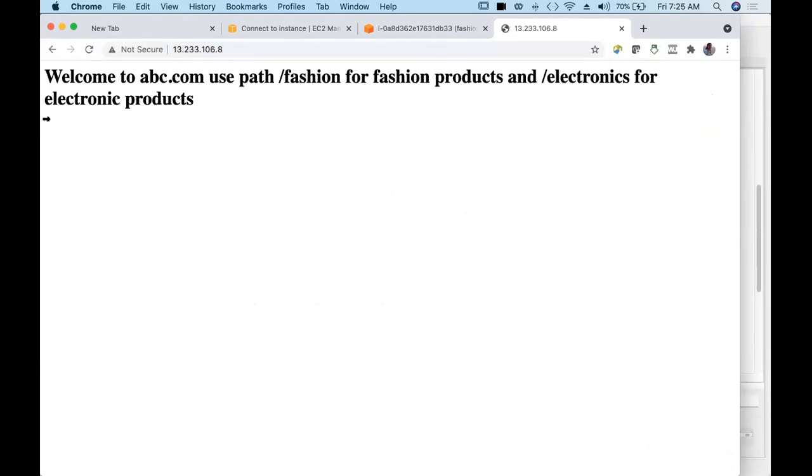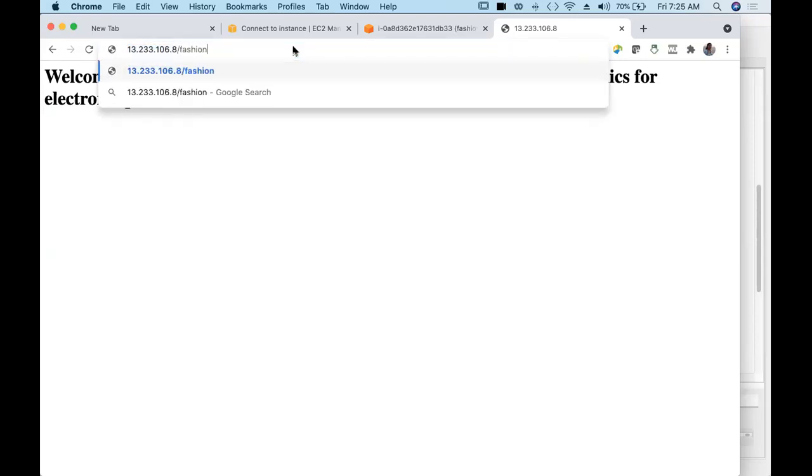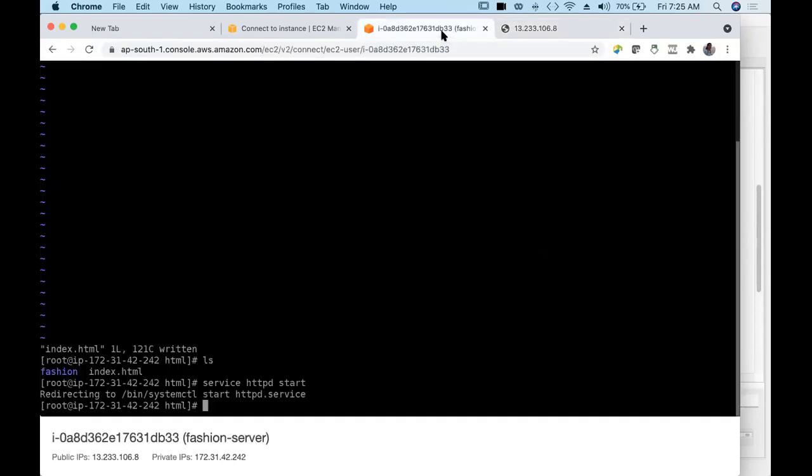Welcome. So let's use slash fashion. I want to know about the fashion products. So how it routes my traffic is, when I say slash fashion in the path, the request will go to the server and the server will look for this path.